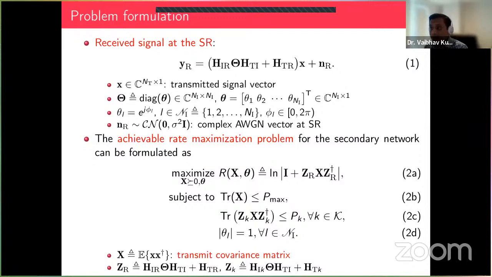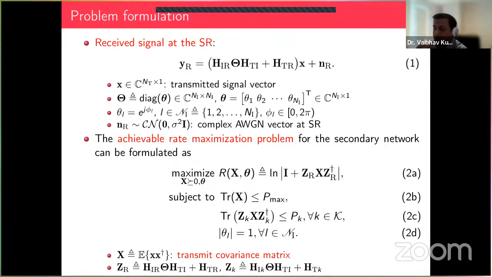So if I'm trying to maximize the rate, it makes sense to transmit at full power. But here, we have another constraint. If I transmit at full power, I may be violating my interference constraint at the primary receiver. So when you solve the MIMO rate maximization problem in an underlay spectrum sharing setting,